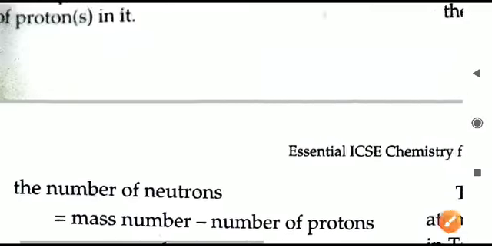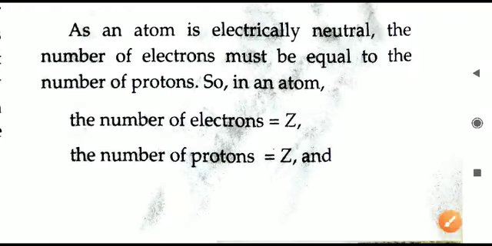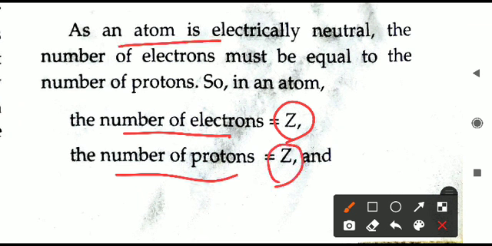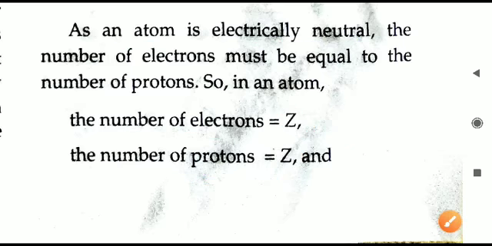But in a neutral atom, in a normal atom, we can write number of electrons also. So there we can write this same thing that is given here, na. That is number of electrons equal to atomic number Z, number of protons also equal to atomic number Z. Whenever the atom is neutral, only this condition, you don't forget, otherwise you will make mistake.